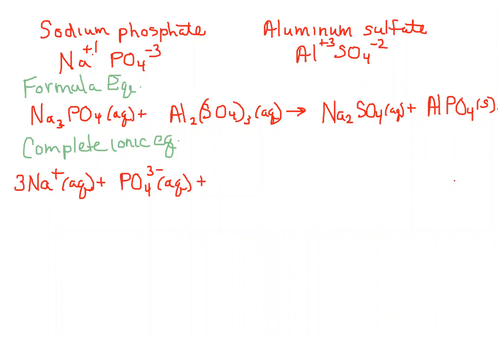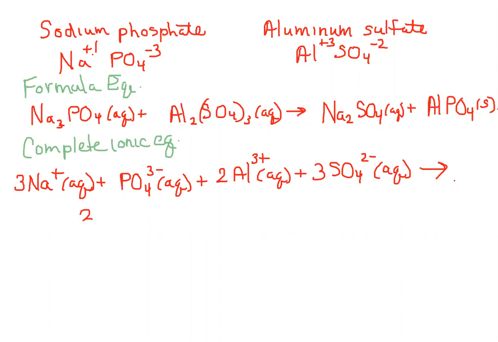There are 2 aluminums with a +3 charge. And there are 3 sulfates with a -2 charge. And those yield 2,